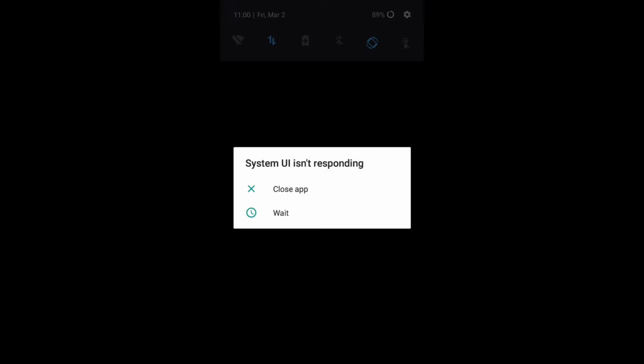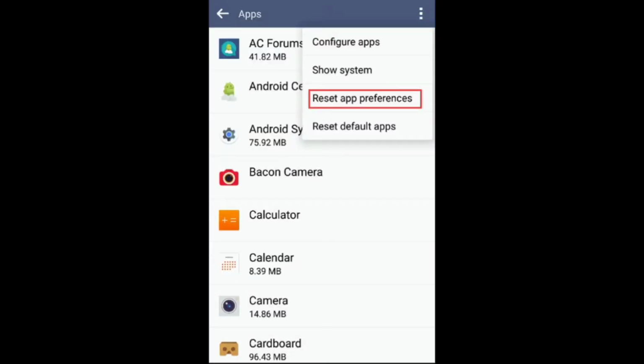So yeah. Now even after following the previous steps, if your phone still shows System UI isn't responding, these are the further steps you should follow. You should go to settings and apps, then tap the three dots and select reset app preferences. App preferences basically show you apps according to your usage. Like if you use WhatsApp, it will show it on top, and if you use Instagram or Facebook less, it will show them at the bottom, so you can uninstall them whenever you want to.